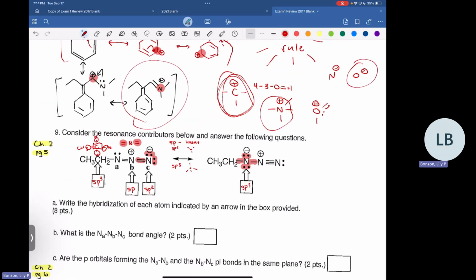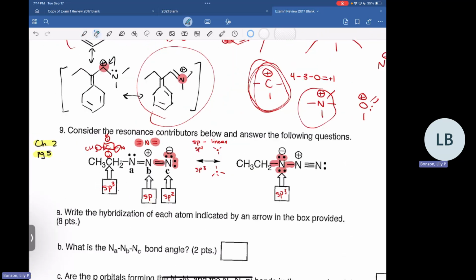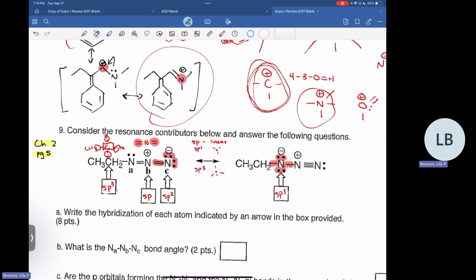However, I tricked you guys. I'm sorry. Okay, so whenever you're looking at these resonance structure ones, specifically the hybridization, make sure that you're looking at both resonance contributors, because resonance for molecules, it's not either or. In the real world, the physics of that molecule is it's going to be both at the same time. So we like to draw the resonance contributors to show how the electrons might be shifting. But in the real world, the structure is going to be one thing. So we have to look at both resonance contributors to look at the